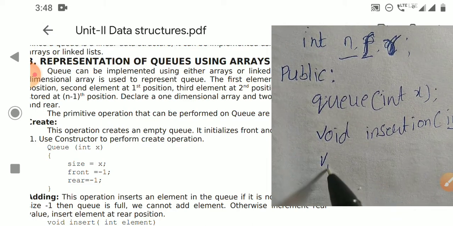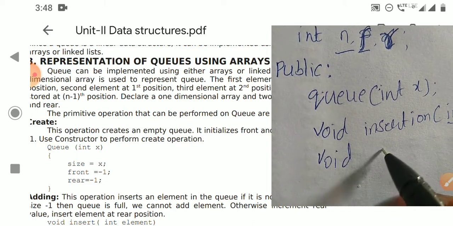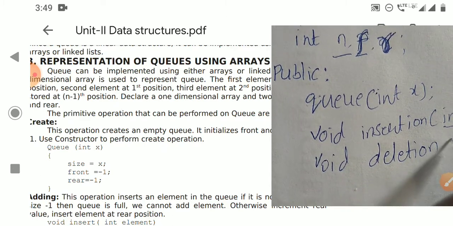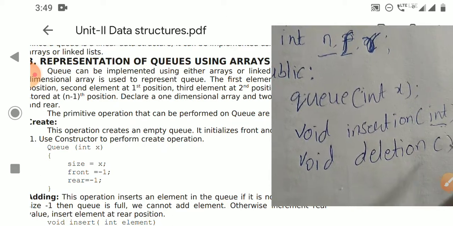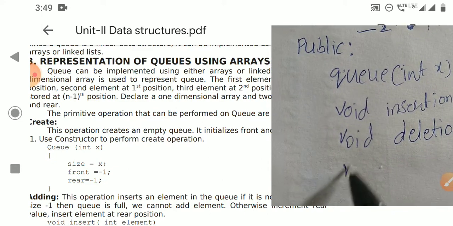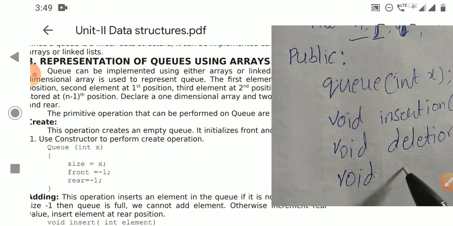Next, the deletion operation, void deletion. We need not specify any element to delete. Automatically the first element will be deleted and displayed. Next, the traverse operation.